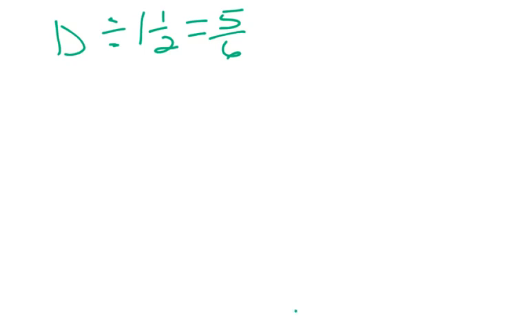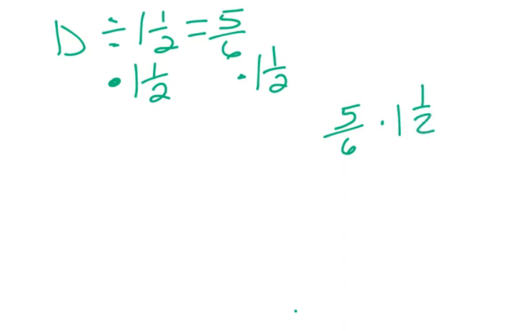So on this side of our equation, we're going to multiply by 1 1/2. That means we have to multiply by 1 1/2 on this side. Okay, so off to the side, I'm going to take 5/6 and I have to multiply that by 1 1/2. That means I need to convert 1 1/2 to an improper fraction. So 1 times 2 is 2, plus 1 is 3